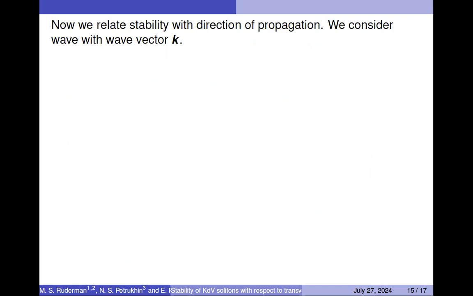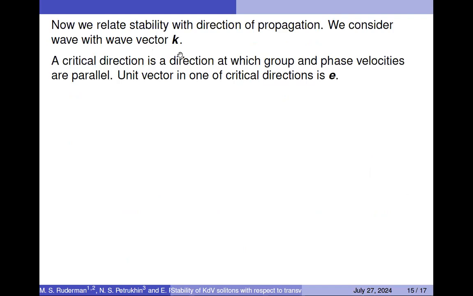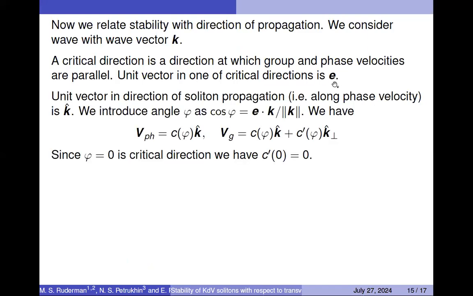Let us consider a soliton propagating in the direction with wave number k. We introduce a critical direction with the unit vector e. Then we introduce the angle phi between the direction of soliton propagation and the critical direction. And we have this equation for phase velocity and this equation for group velocity. We can see that the critical direction is defined by the condition that they are parallel, so phi is equal to 0, where